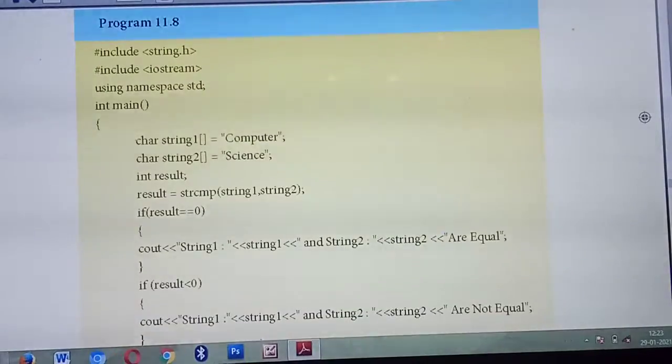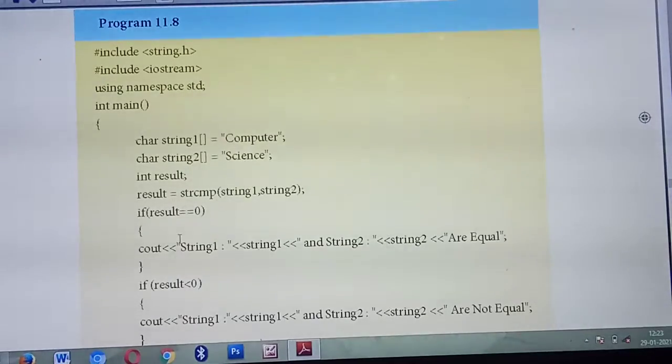Okay, see the example program. First one is which header file? iostream, then string.h, then using namespace std. Listen, how many strings do you need? 2. What are they, string 1 and string 2? In the place of string 1 you are giving the word array with the word computer, and the second string you are giving science. Next, after comparing you need to store the result in some variable. For that they are giving result. So result equals which function? strcmp of string 1 comma string 2. So you are going to compare these two words.